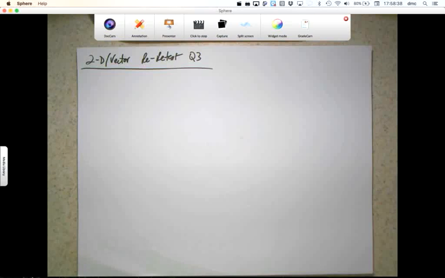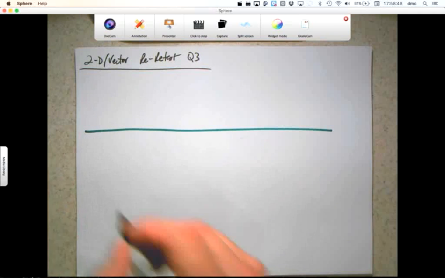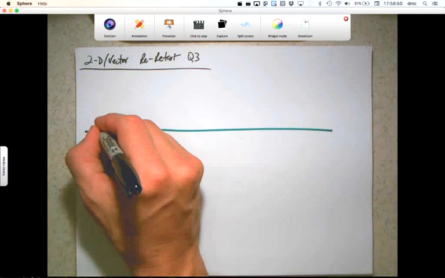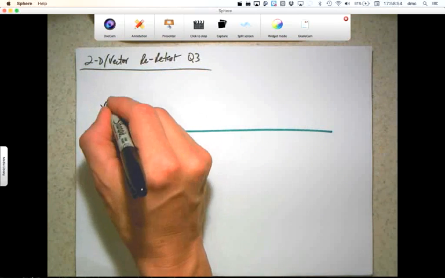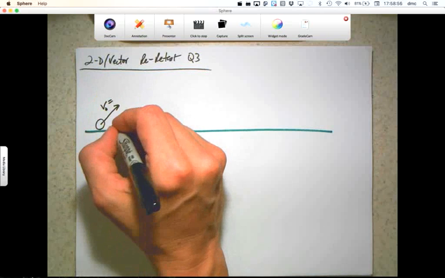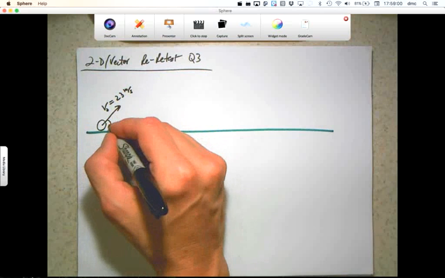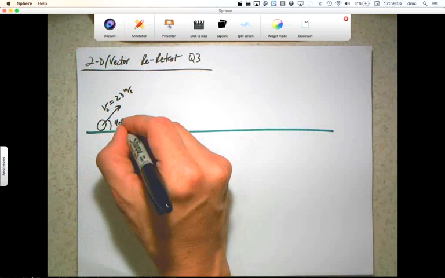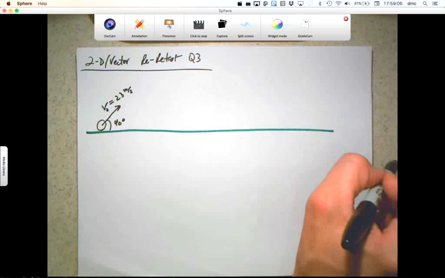Okay, question 3. A soccer ball is kicked from ground level with an initial velocity. So let's get ground level. Here's green for ground, and here's the soccer ball, and it's going to be kicked at some angle. The initial velocity is 23 meters per second, and this angle is 40 degrees above the horizontal, and envision it being kicked downfield from left to right, so